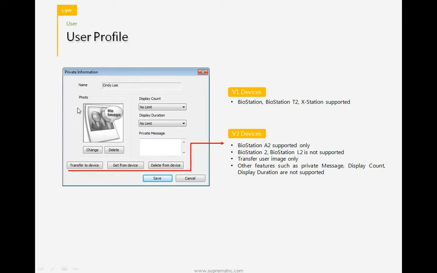So you can only transfer the user image into the BIOS Station A2. Other features like private messages and display count are not supported, and get from device and delete from devices are also not working. So the only working part for version 2 devices is the transfer image to A2.